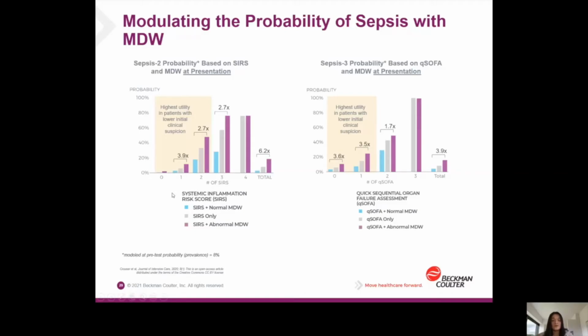However, when the presence of just 1 SIRS criterion is accompanied by a positive or abnormal MDW, which is this purple bar, the probability of sepsis becomes 3.9 times higher, almost 4 times higher, again giving the physician a warning or higher alert for sepsis in this patient who presents initially with just 1 SIRS criterion, which may be a very vague symptom. And looking at the other purple bars to the right, the more SIRS criteria that are present coupled with an abnormal